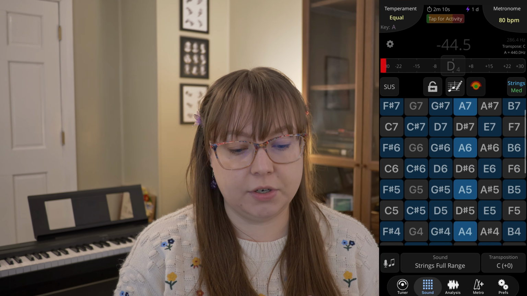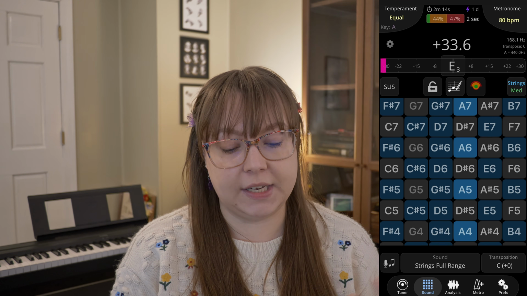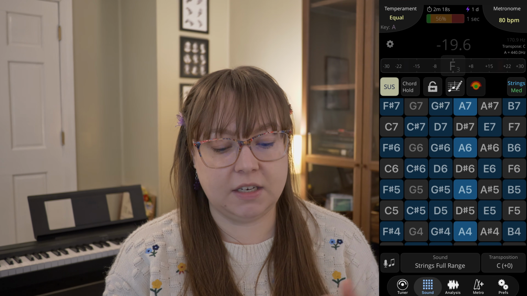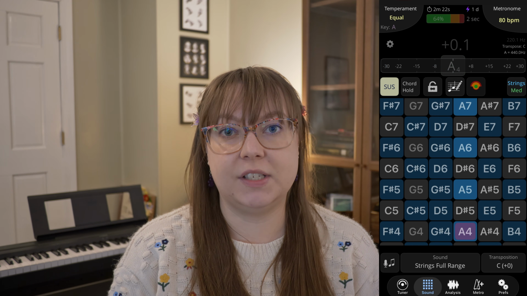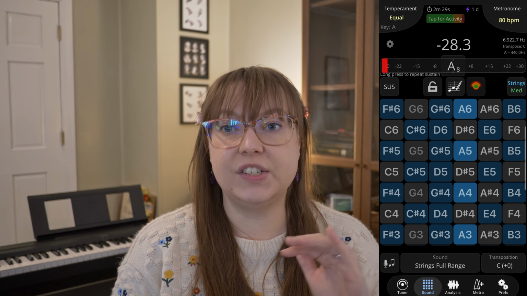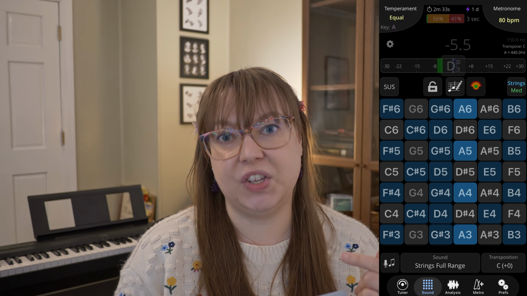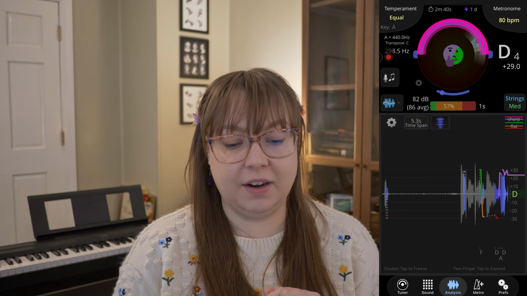But let's go back to the pitch grid because I can easily select which octave I want the note to sound in. So I press the sus button for sustain and choose the pitch that I want to hear as a drone. This is so helpful for practicing scales, and I use this a lot when I'm working on scales with students. There is also an analysis tab where,